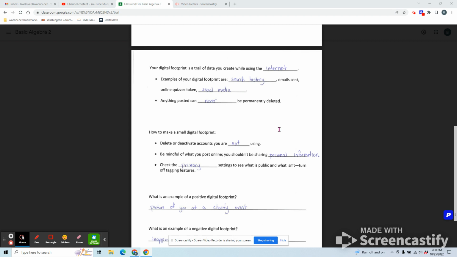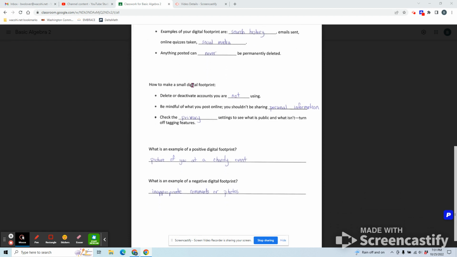So even if you delete something from your computer, there's still a good chance that you can find it or you can have someone else find it. If you post something on the internet, there's a good chance that someone is going to keep that information somewhere. So even if you hit delete, that doesn't mean it's actually gone. It's still out there somewhere for someone potentially to use.